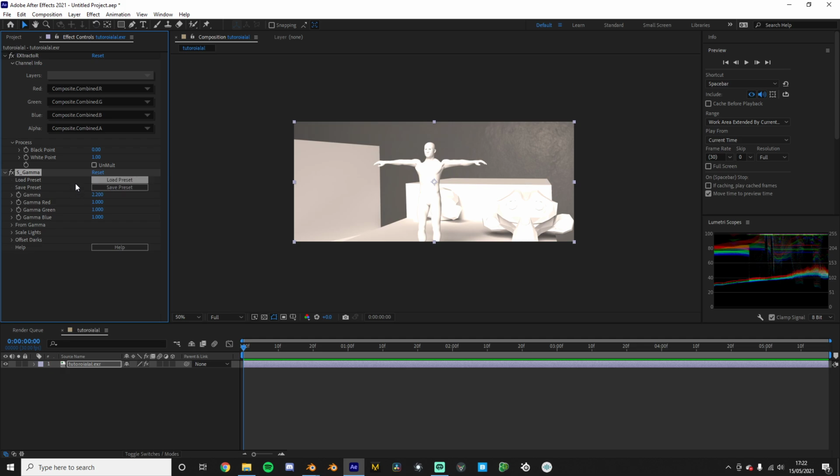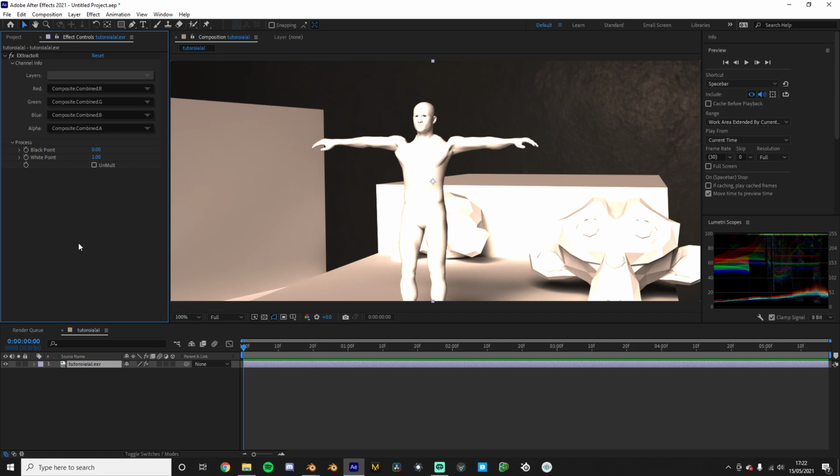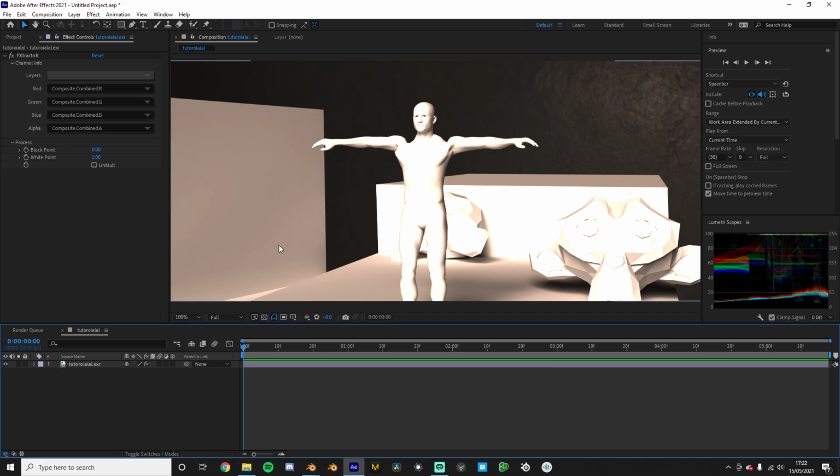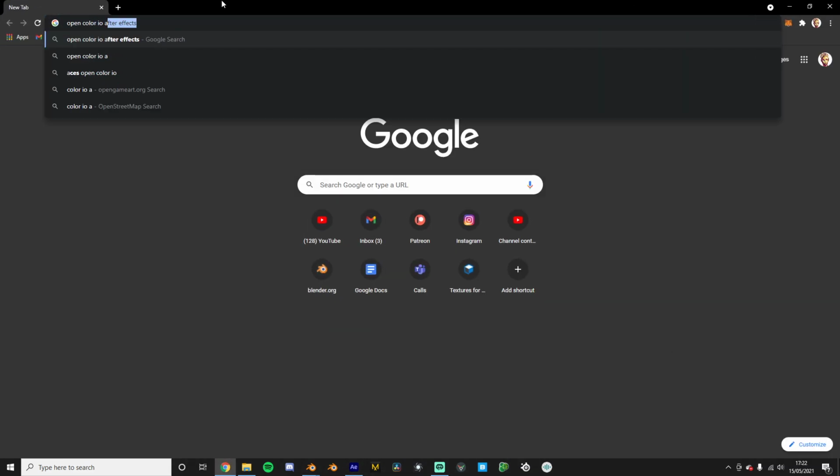Wait, no, okay, sorry guys, that's the wrong thing. Do not want to do the gamma trick. I'm getting confused between Fusion and After Effects. So yes, you're gonna have to download a plugin called Open Color IO After Effects, like that,